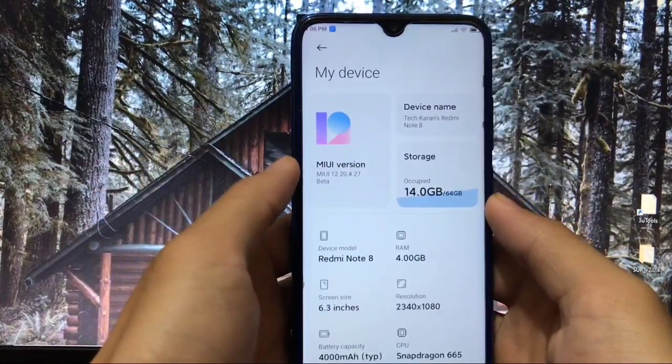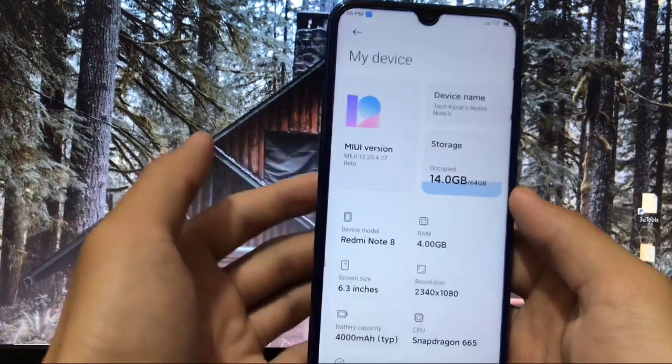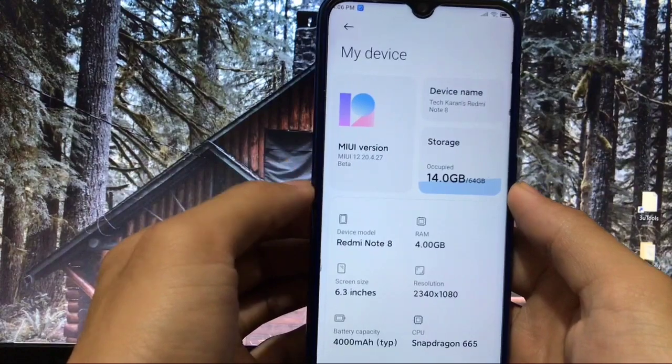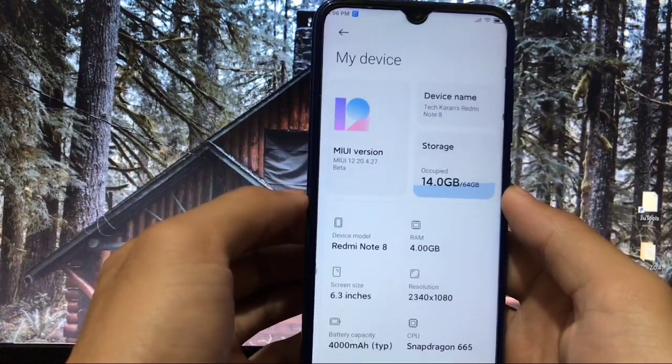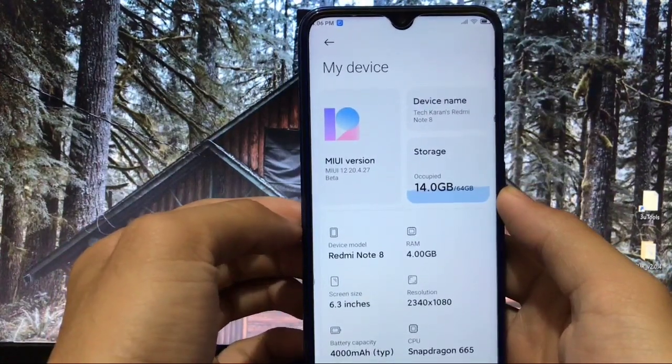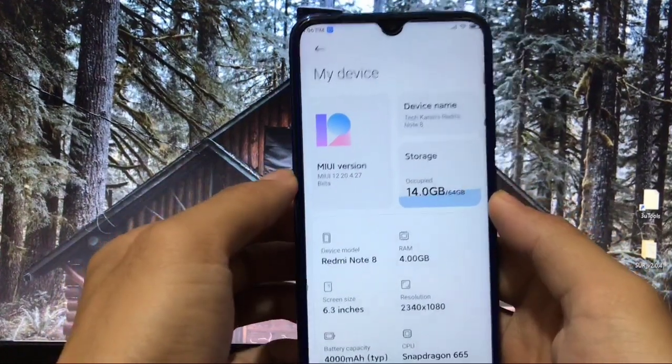Hope you already knew about the MIUI 12 update, which is released for most of the Xiaomi devices already, and the GSI for MIUI 12 is already available. If your device didn't get MIUI 12 yet, you can install that GSI. The video of that GSI with the link is already available on my channel. You can just go and check it out and install that GSI right now on your device.